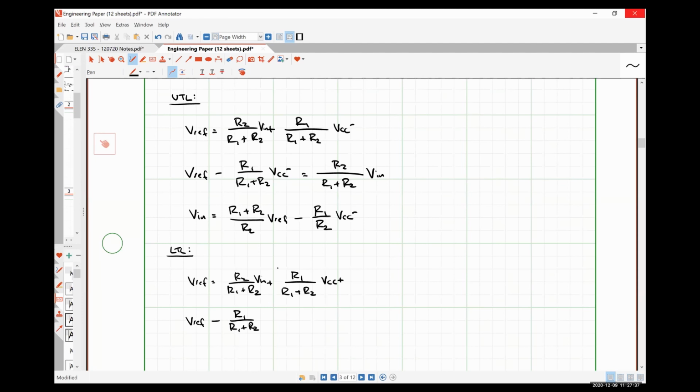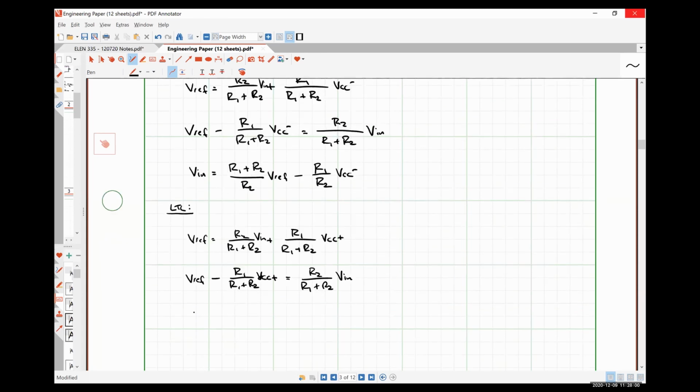Dang it, I keep forgetting to put that V in there. Sorry. Here, VCC plus is equal to R2 over R1 plus R2 times V in. And so we get V in is R1 plus R2 over R2 times Vref minus R1 over R2